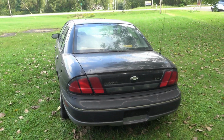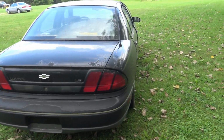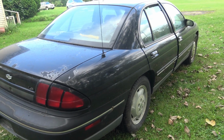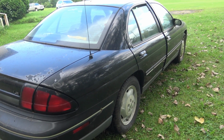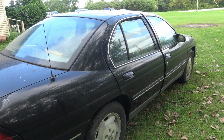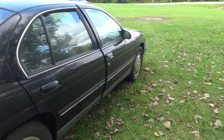I hadn't found the Impala yet, and I also hadn't found the Regal. So I said, let me go try that Lumina again. And this time, I didn't remember the phone number and I didn't know where I'd written it down, and I just didn't want to spend days trying to look it up again, just to get no avail. So what I ended up doing is I went up to the house and I left a note on the door. As I was walking back to my Buick there,